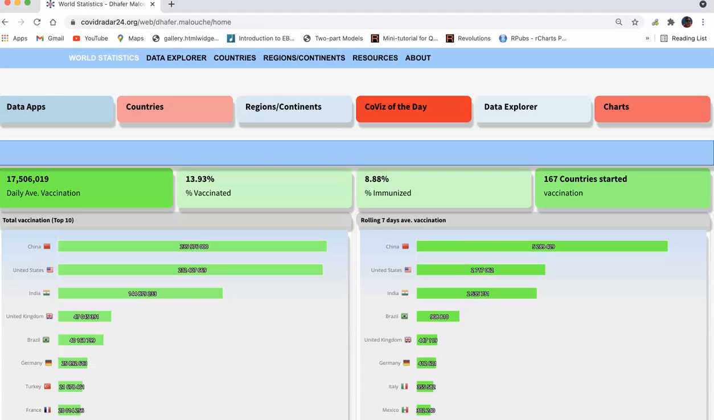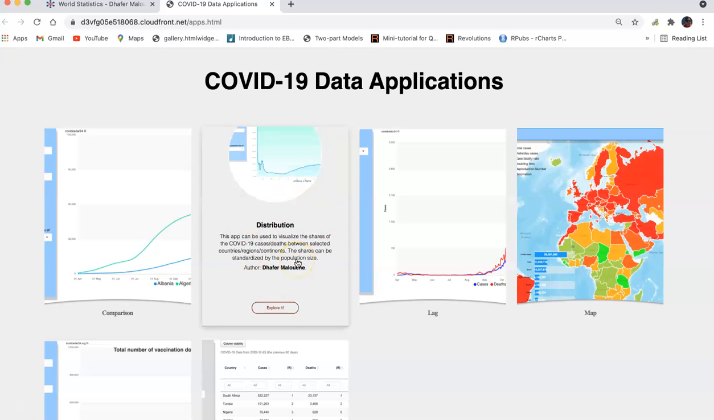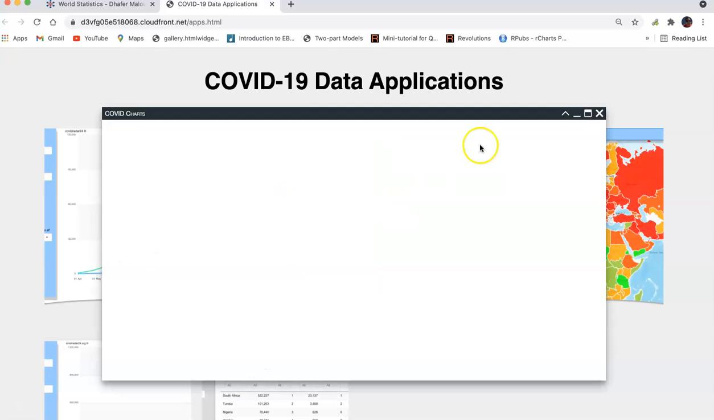Hello, I would like to show you today how to use one of the apps deployed in COVID Radar 24. So here I'm on the front page of this website and I'm going to the COVID data application page, and I will talk today about the distribution app. So I'll launch it by clicking on the icon distribution, and I will click again here on distribution, and the